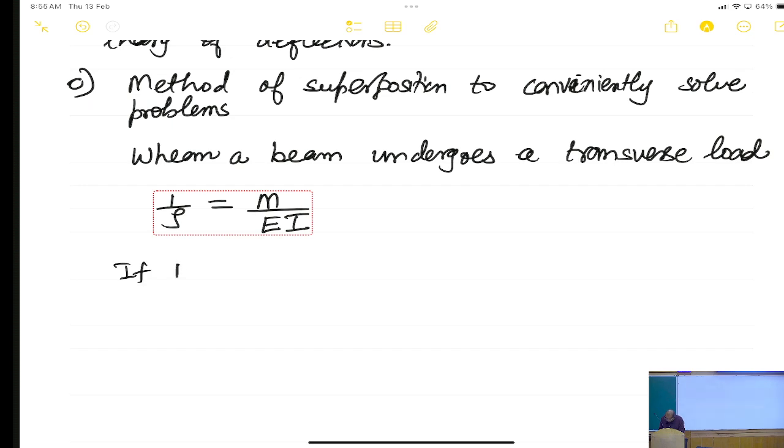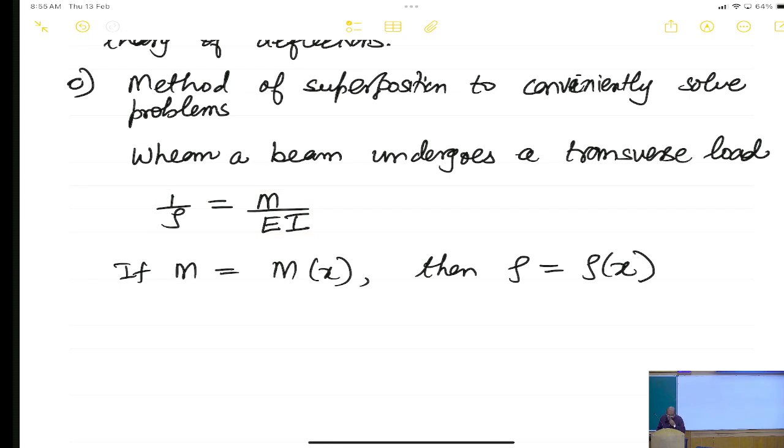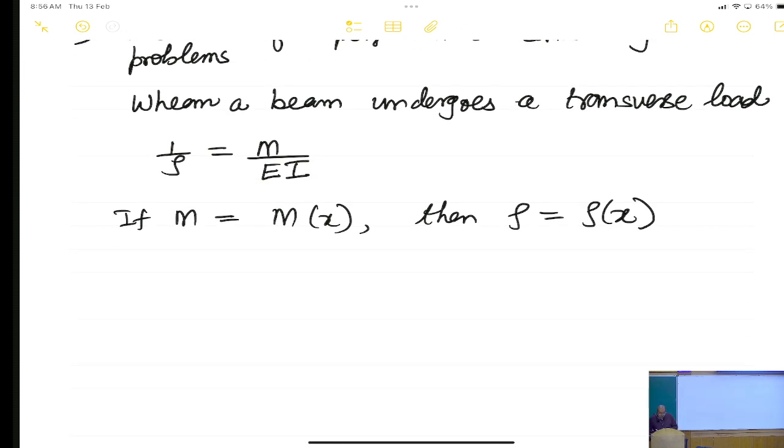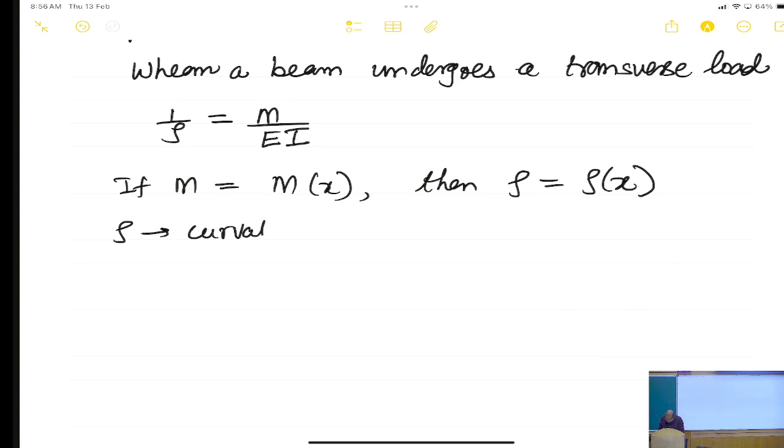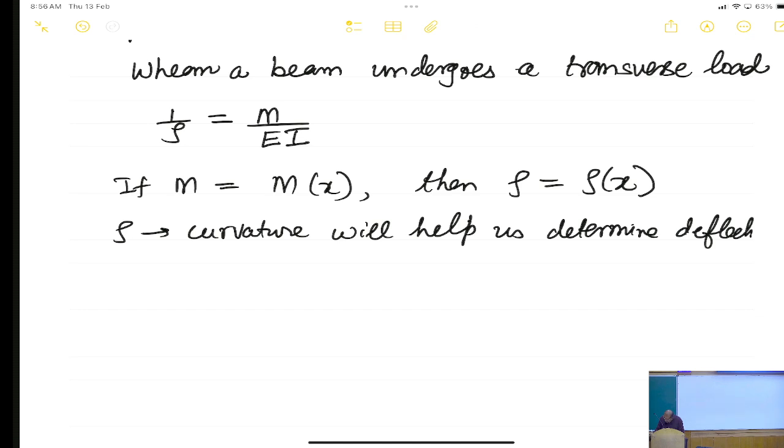So, now if M, the moment, is changing with x, in pure bending the moment was constant throughout, but if this moment changes with x, then the radius of curvature will also change with x, and the rho which is curvature, this will help us determine the deflection of the beam. We will be able to,